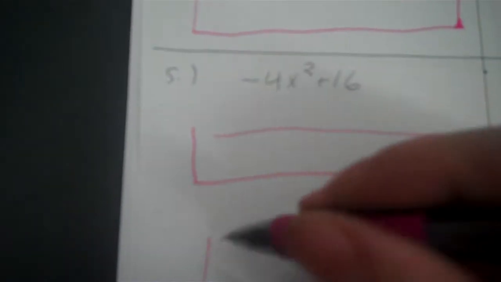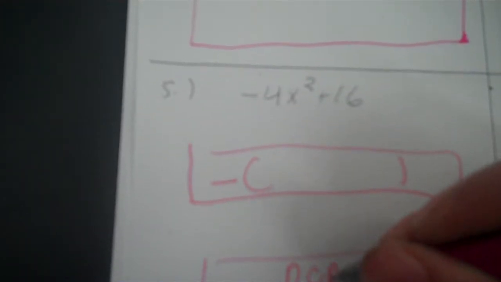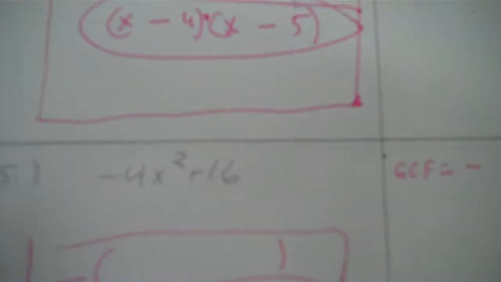Okay, my next problem. There's 2 terms this time, so it's GCF, and then I'm going to see if I have a difference of perfect squares. Okay, I don't need as big a box, that second one, so GCF and then DOPS. GCF, I do have a negative in the front. I don't have x connected to both of them, so I can't put an x, and then 4 and 16,